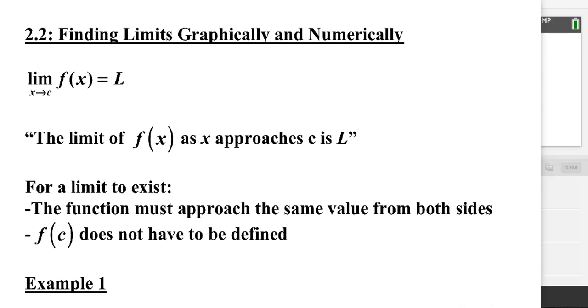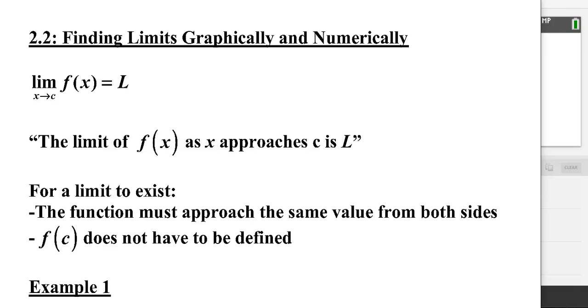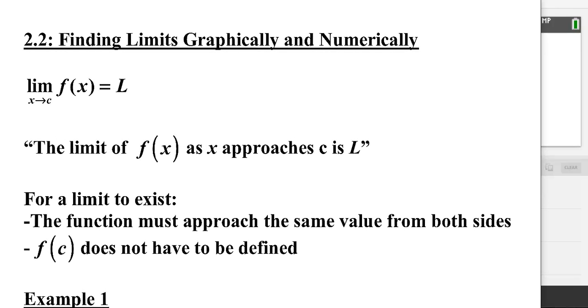So the first thing that we actually need to know is what a limit is. If you think about it, in class I like to ask, what do you think about when I say the word limit? So people will say things like,